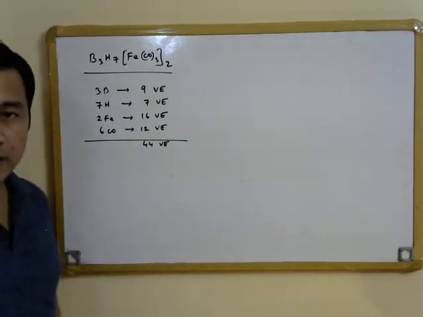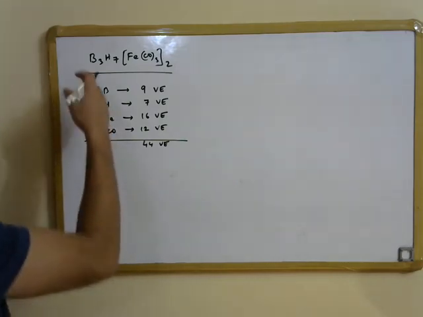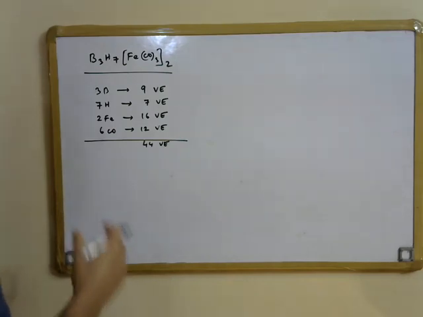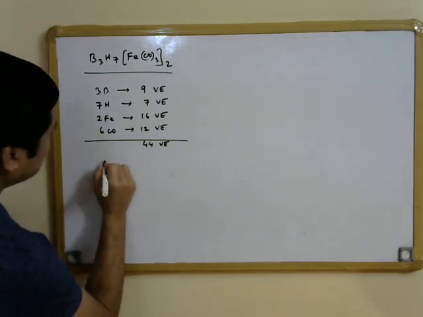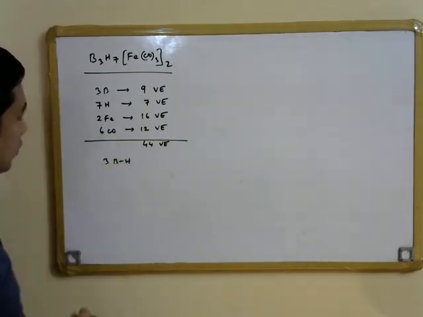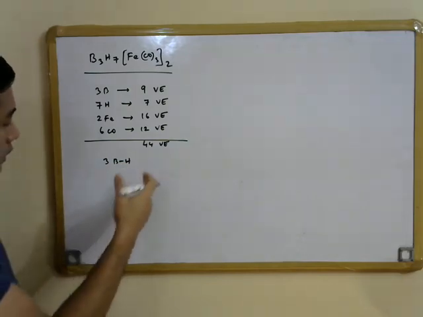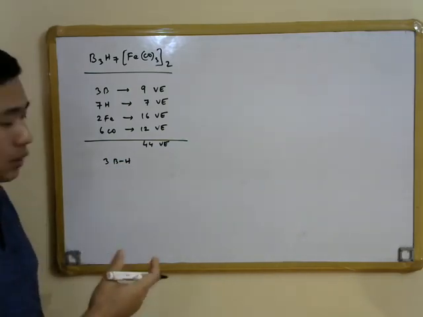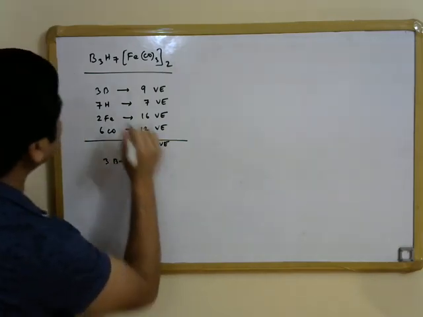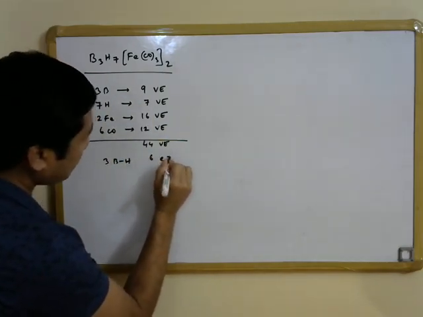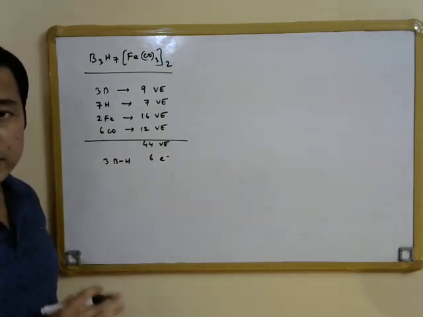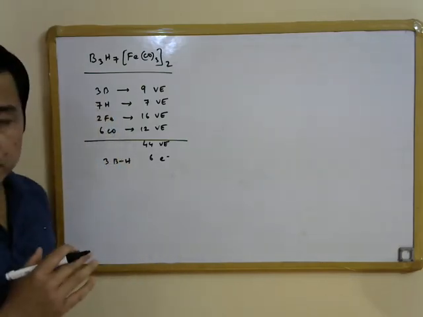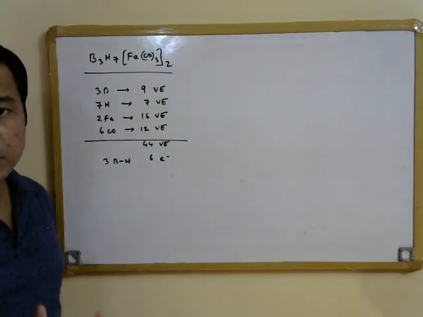Now we will have to deduct the electrons which are used for non-skeletal bonding purposes. We know that all of these 3 boron centers will have terminal hydrogen atoms, and we have to deduct the electrons used in the 2-center 2-electron terminal BH bonds first. So that is 6 electrons from the 3 BH bonds we will have to deduct from the total valence electrons. Apart from that, we will also have to deduct electrons for this particular metallic fragment, because